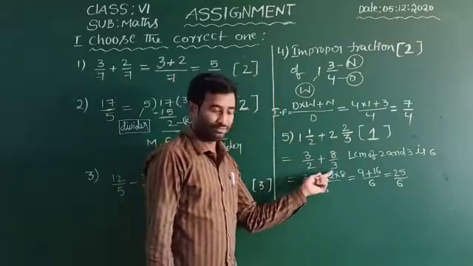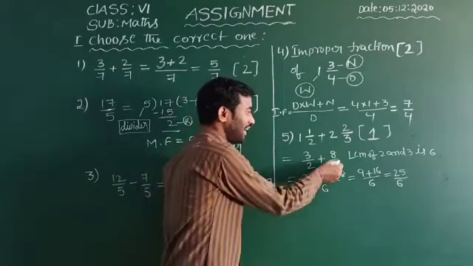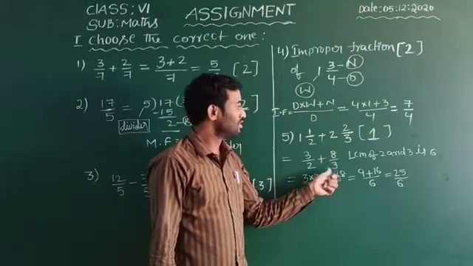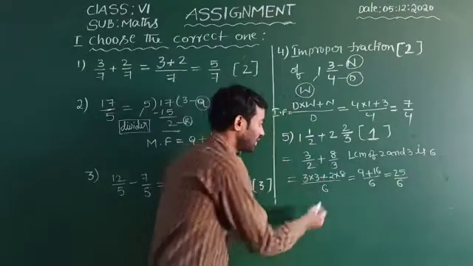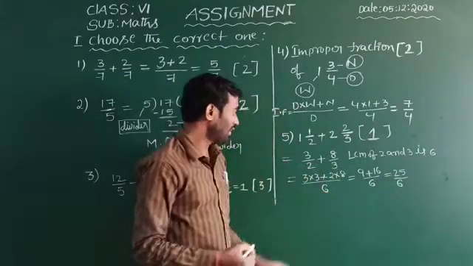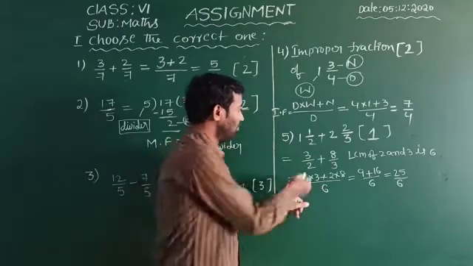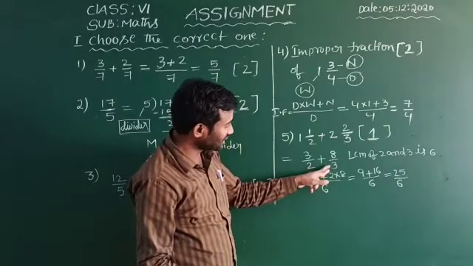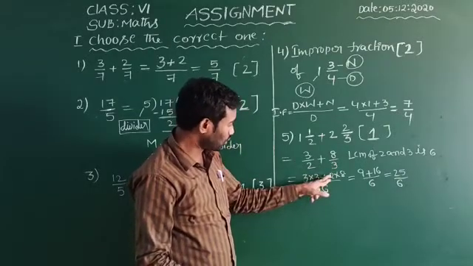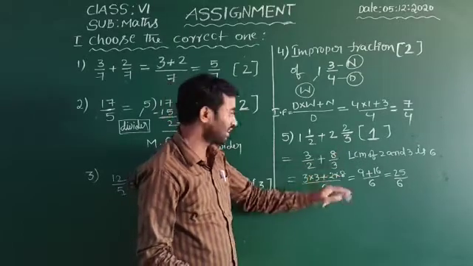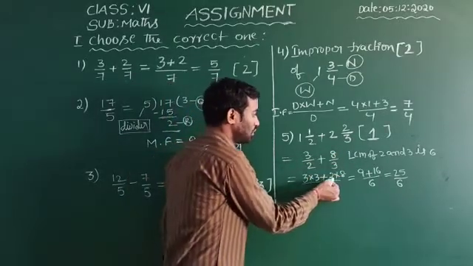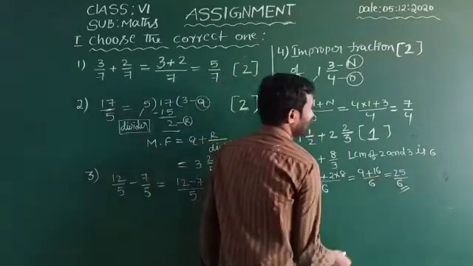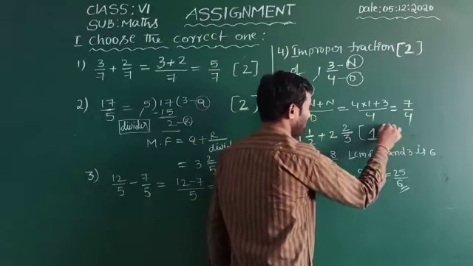Now these two are unlike fractions, so we need to make them like fractions, which means we need to find the LCM of 2 and 3. The LCM of 2 and 3 is 6. So now the denominator will be 6. 2 threes are 6, so 3 into the numerator 3, plus, for the second fraction, denominator 3 to the 6, so 2 into the numerator of the second fraction, that is 3 threes are 9, plus 2 eights are 16. 9 plus 16 equals 25 by 6. According to our options, option 1 is the correct one.